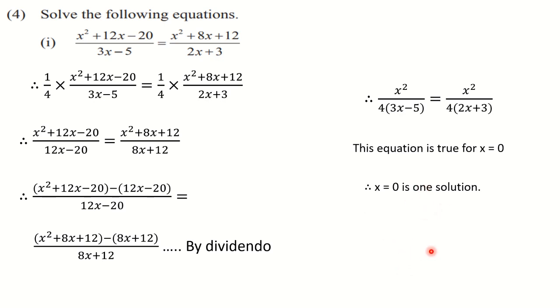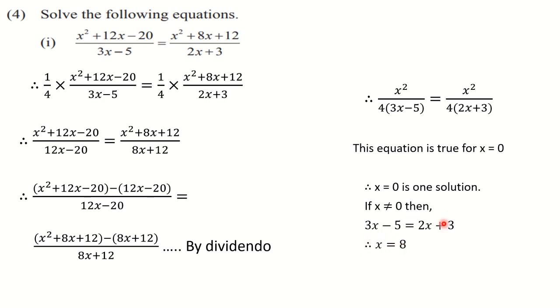Then go for what if x is not equal to 0. If x is not equal to 0, then x can take any value and we can cancel it from both the sides. So in that case, what we will get is this bracket 3x minus 5 is equal to 2x plus 3. If x is not equal to 0, then these two brackets will become equal. Now we have to solve it. So our next step is to equate the similar terms. So write down, and from that you will get the value of x as 8.